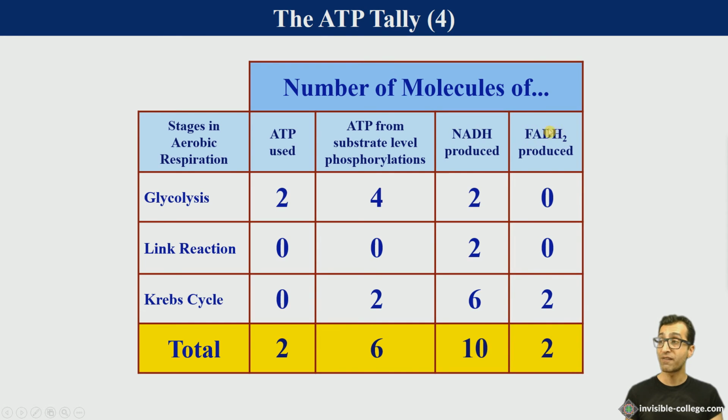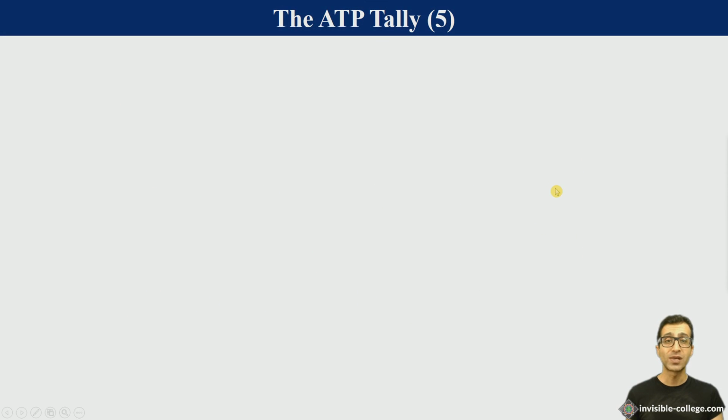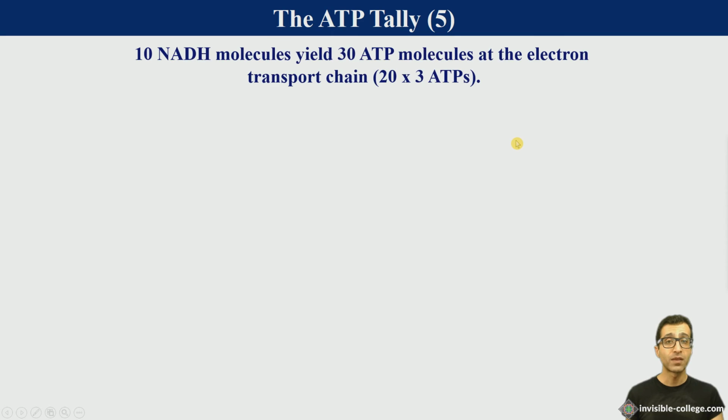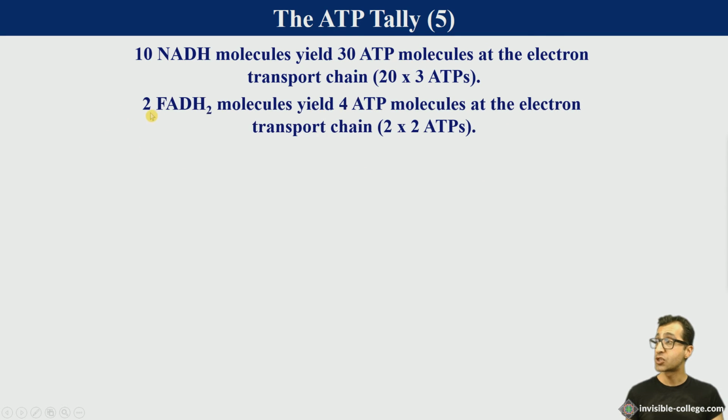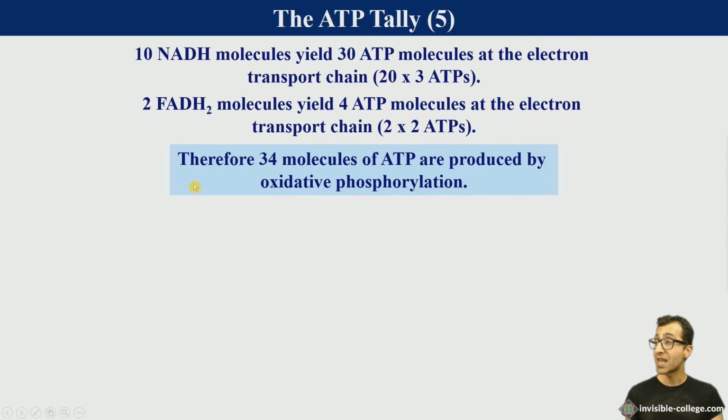Each molecule of FADH2, which enters the electron transport chain under aerobic conditions, will produce 2 molecules of ATP. So in terms of the total ATP tally, the 10 NADH molecules yield 30 ATP. The 2 FADH2 molecules yield 4 ATP, therefore we have 34 molecules of ATP produced by oxidative phosphorylation, plus the